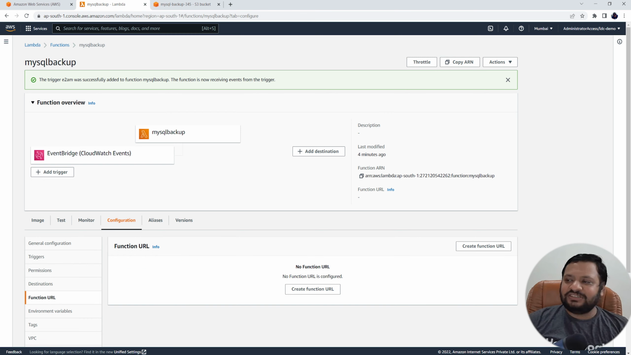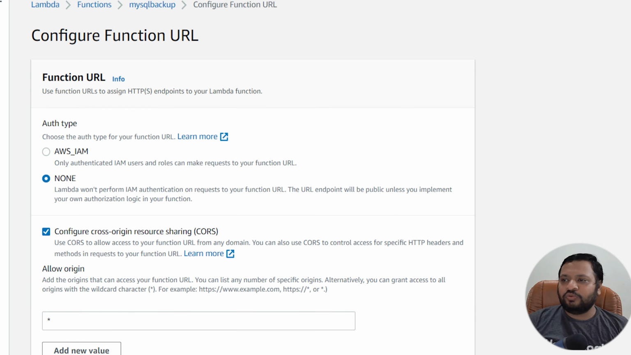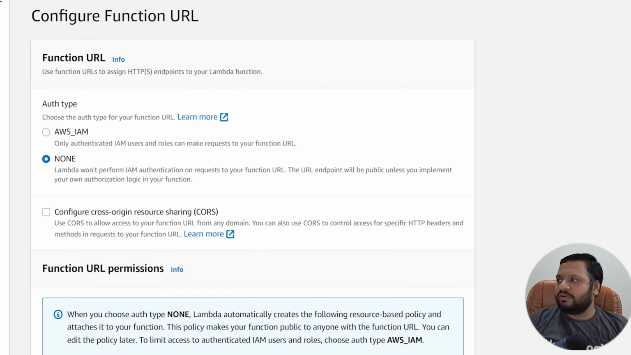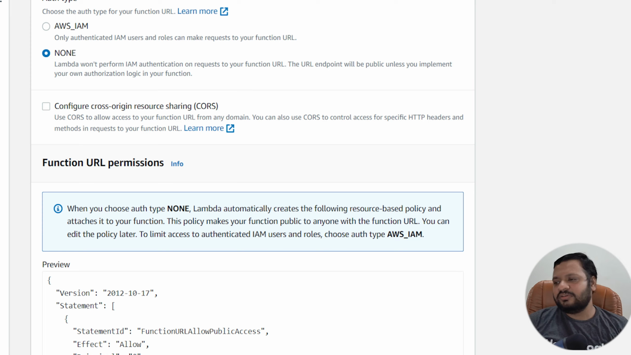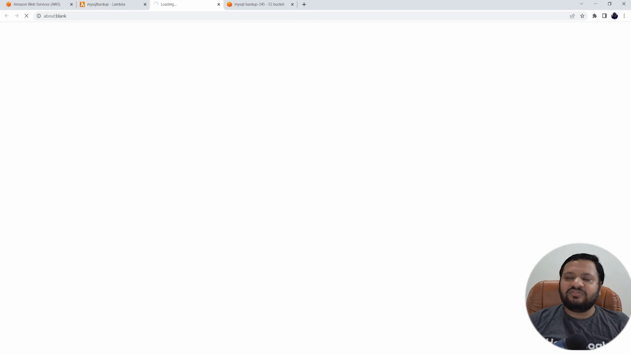If you want to do a function URL, that is also one of the options. You can just go over here, create a function URL, and let me just quickly showcase it. No, I don't want to have a CORS right now, and I'm just going to say save, and it will create this URL. It will take a moment to actually reflect. I think this is done. Now, if we hit this URL,